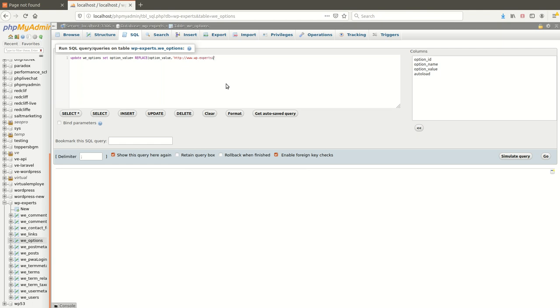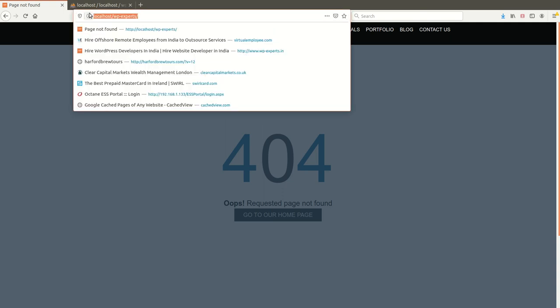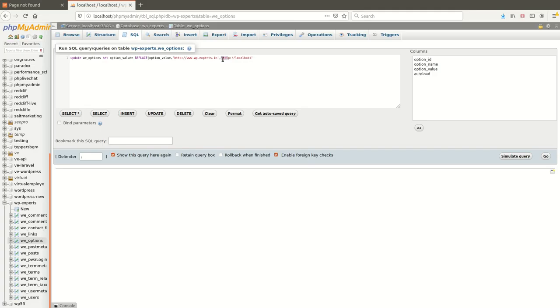The third parameter of the replace function is the new URL, so it will be our localhost URL, http://localhost. I have just copied the URL from my localhost and pasted it.